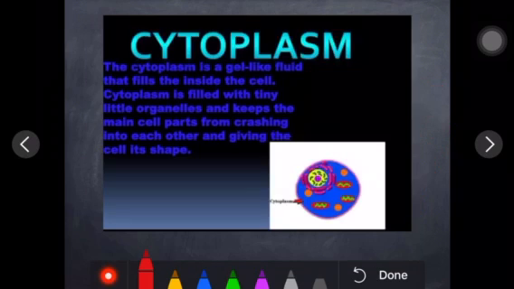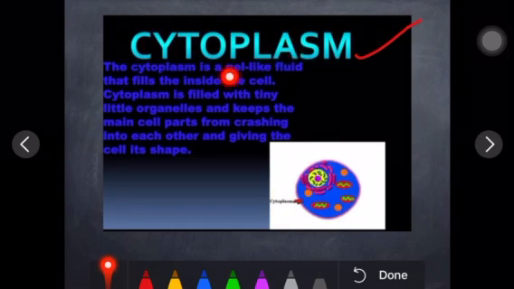Now next we'll see cytoplasm. Not a new word for you, children. Cyto stands for cell and plasm is a fluid. So here we are going to talk about the fluid which is lying inside the cell. Before, we used nucleoplasm, right? So don't get confused. Nucleoplasm is the fluid in the nucleus. The fluid in the cell is called cytoplasm.